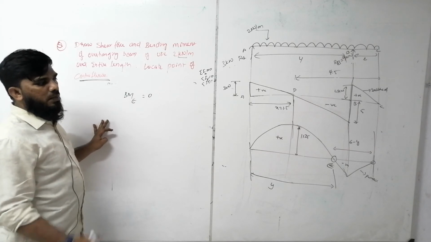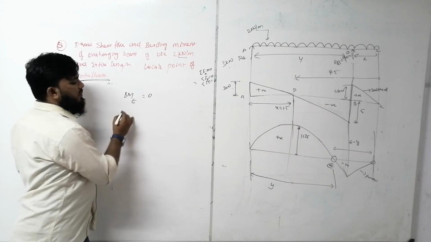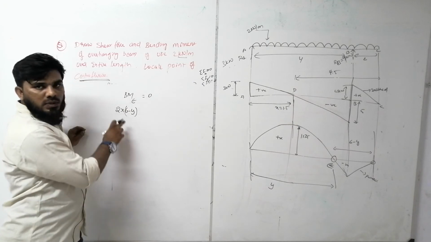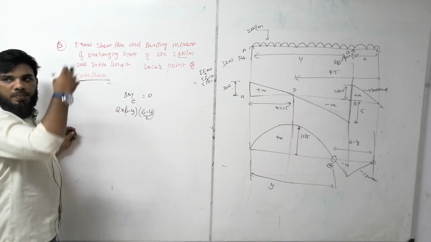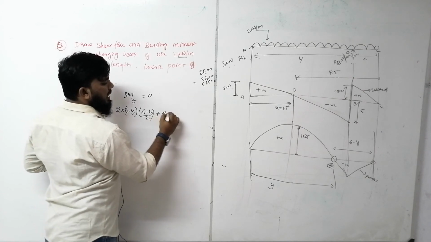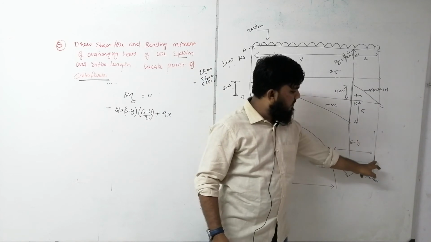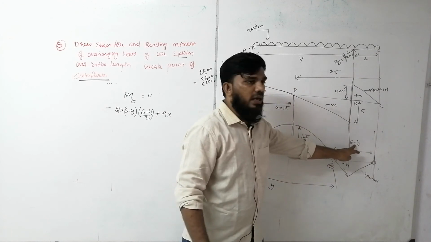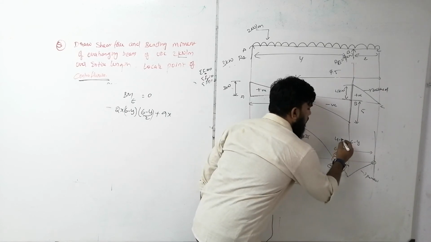How to calculate the bending moment at the point E is nothing but right side loads. So what are the right side loads we are having? One is because of UDL. UDL is 2 into 6 minus y length. What is the CG is 6 minus y by 2. So it is trying to rotate in clockwise. So minus. Next is plus 9 into, what is this distance? So from here to here it is, what is the distance? 2. So what will be this distance then? 2 plus y. It will be 6 minus y na. So you have to subtract again 2. So this length will be 4 minus y.